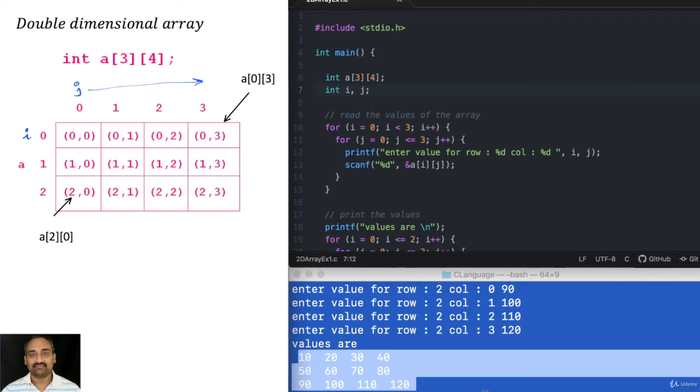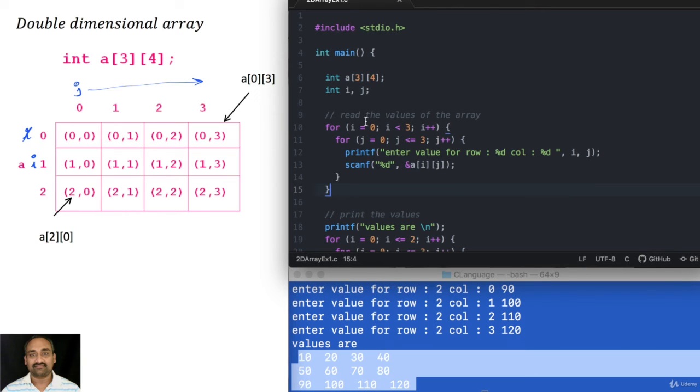Now once the complete row is read, then i moves from 0 to 1. So again i stays here and j moves from 0 to 3. And that's how it moves. So this is the intent of this loop. For each row, we will navigate through all the columns and then we will refer to the individual elements using a i j.